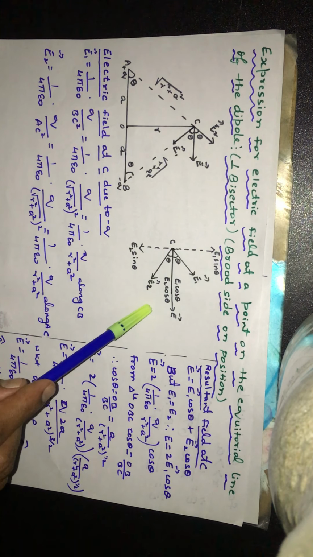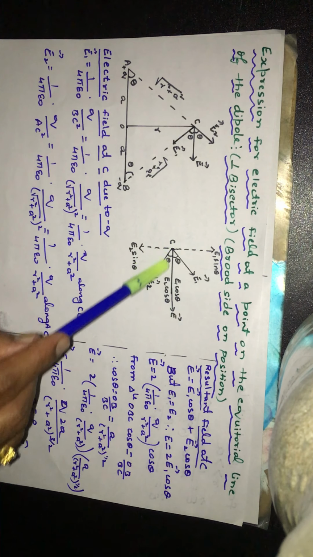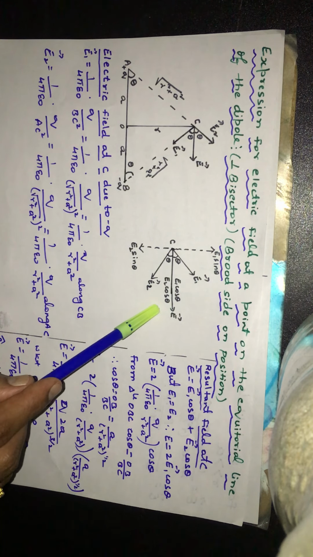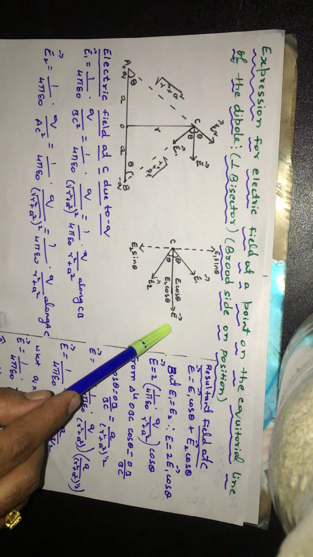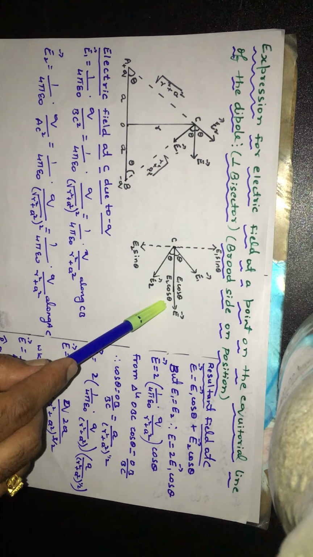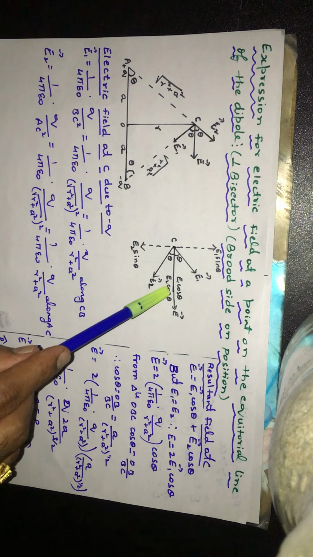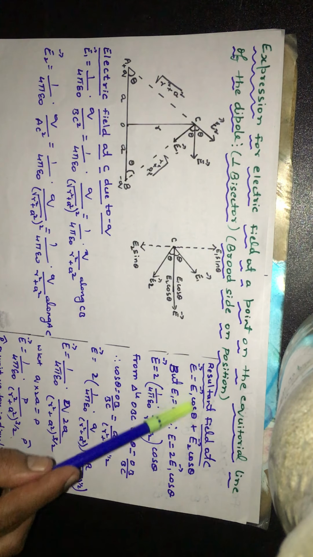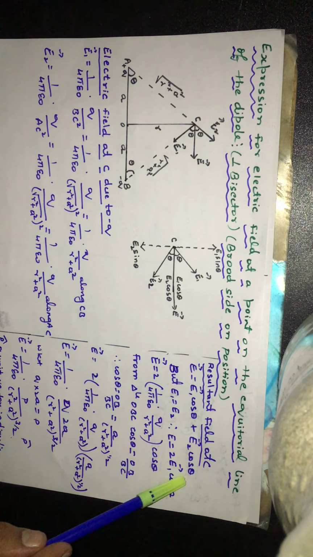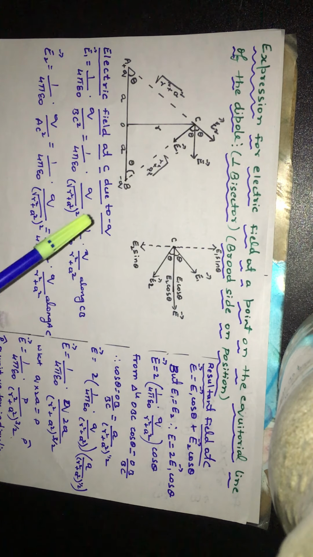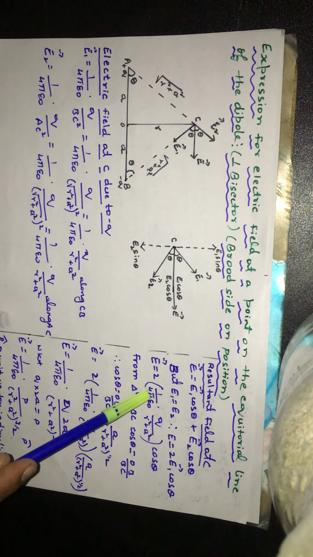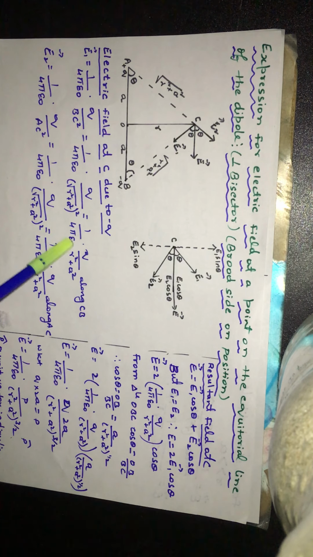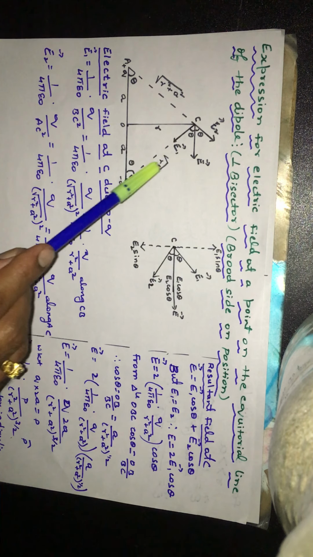Whereas, E1 cos theta and E2 cos theta are equal in magnitude. They are acting along the same straight line in the same direction. Hence, they get added up. So, the resultant field at C, that is E, is got by the sum of E1 cos theta and E2 cos theta. But remember, E1 is equal to E2. So since E is E1 cos theta plus E2 cos theta, since theta is same in both the cases and E1 is equal to E2, you may write E as 2E1 cos theta. E is 2 into E1, which is 1 by 4 pi epsilon naught into q by r square plus a square, into cos theta.